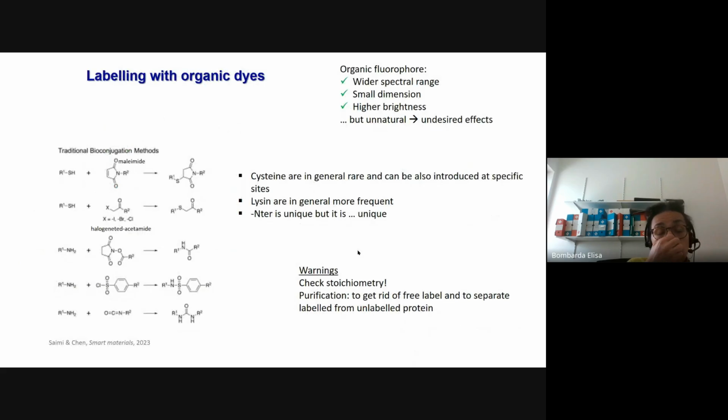Okay, so here we were remaining in the analog of an amino acid, but we can also